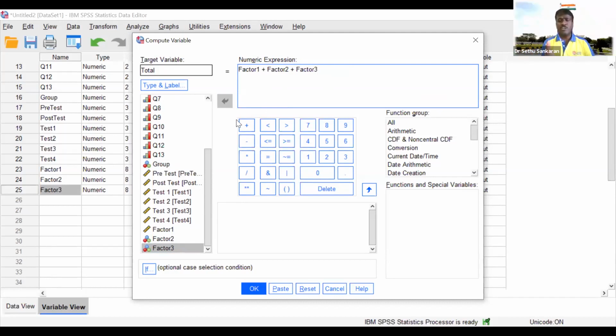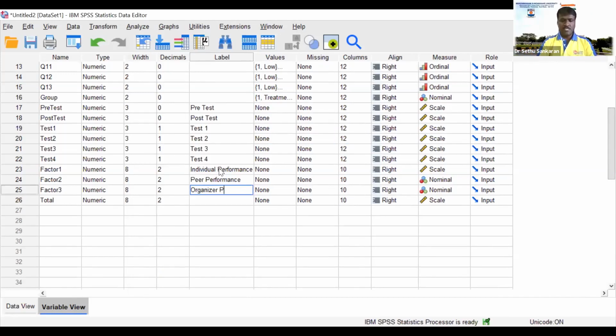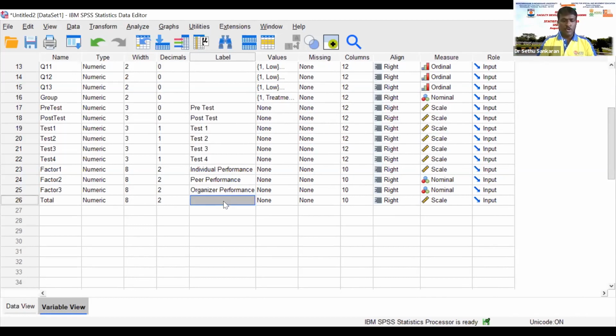Even you can do the same thing in Excel, and you can bring it here instead of doing it in SPSS. You can create a formula and complete it. Then now you are seeing the total organizer performance. I am just labeling it the total or team performance. Now whether it's also a string variable, sorry, it's a scaling variable.